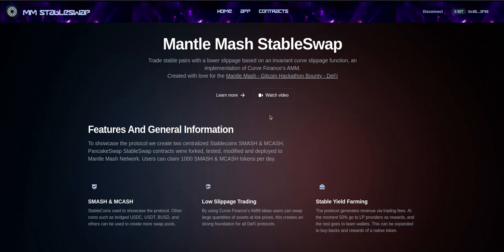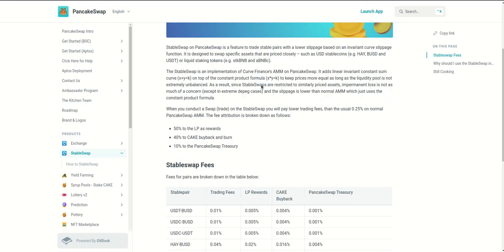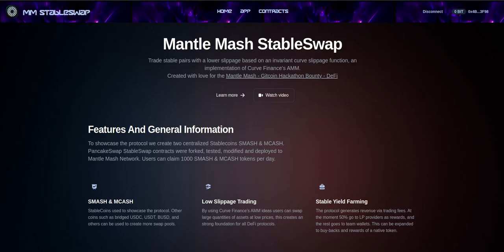I'll be presenting my project for the MantleMash hackathon in the DeFi and UX/UI paths. The project is a fork of the PancakeSwap StableSwap protocol, just like this one, and the goal is to trade stable pairs with lower slippage, based on an invariant curve slippage function, an implementation originally by Curve Finance Automatic Market